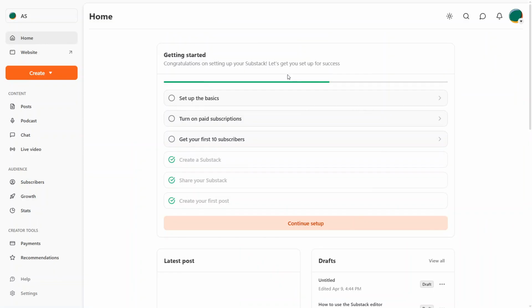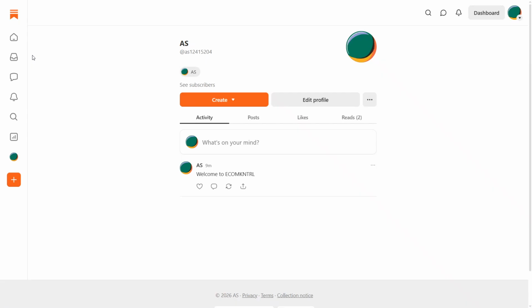From inside your dashboard, keep your eyes on that same left-hand panel. Here, you'll see several sections that help you manage different parts of your publication. Find and click on the section called Website. When you click Website, Substack will open a new page that takes you to the public-facing version of your site, but with your account controls still available. Think of this as viewing your site the way your readers see it, while still having the tools you need